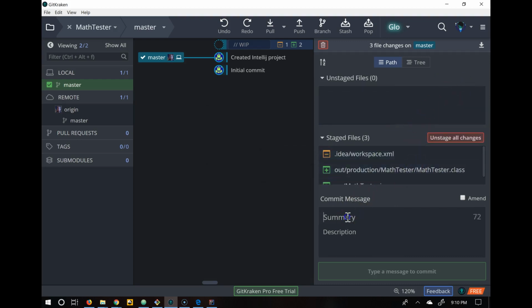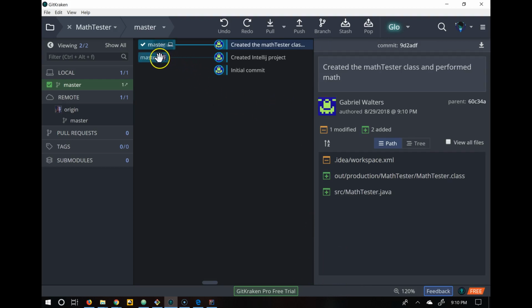So we could stage those changes, and then we can give a meaningful commit message. So we created the math tester class and performed math. Okay, we commit those changes. Remember, now this is my GitHub and this is my local computer. They are saying that my GitHub is 1 commit behind. It means that I have not given it those new files. If I want to have them in the same line and synced up, I have to push